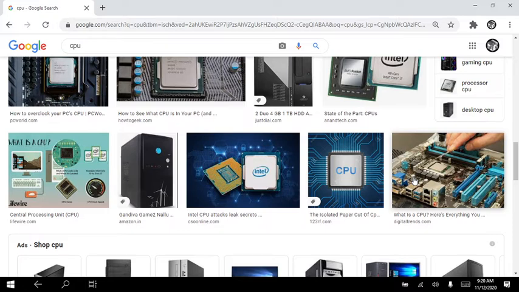So what is CPU? CPU stands for Central Processing Unit. It is like the brain, the main part of your body. Similarly, CPU is the main part of the computer system and controls all the functions and working. The CPU consists of three parts: arithmetic and logic unit, control unit and memory unit. So these are the main parts, ALU, CU and MU.